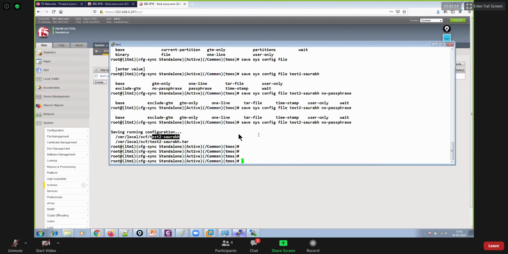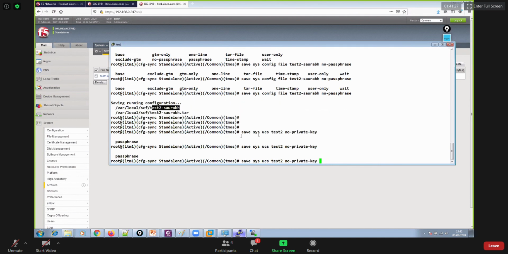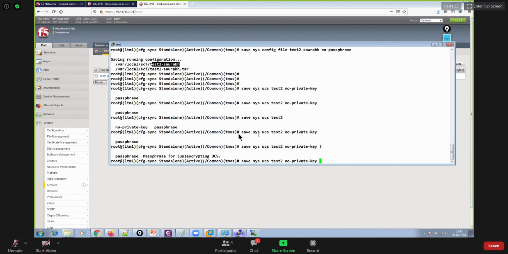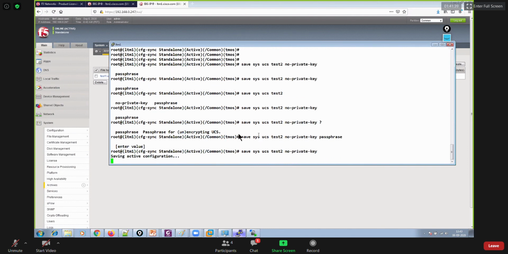So even you could say save this UCS, and then test2, no private key, and then I could say no passphrase, right? So just no private key. That's fine.